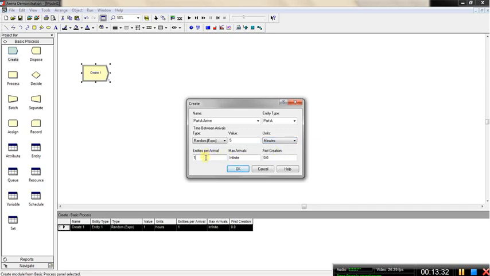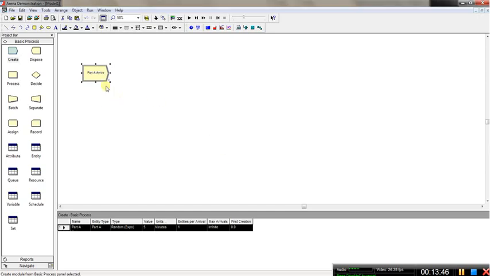Part A arrives, only a single part arrives at a time, and we don't limit the maximum arrivals in the first creation. For part A, the first creation is at time 0, so this is our first create. What I could do is grab another create and place it here, or I can copy this one. So I'm going to copy, and then paste it